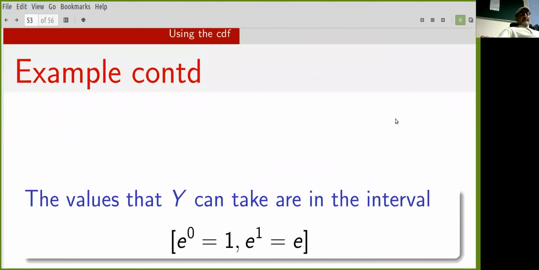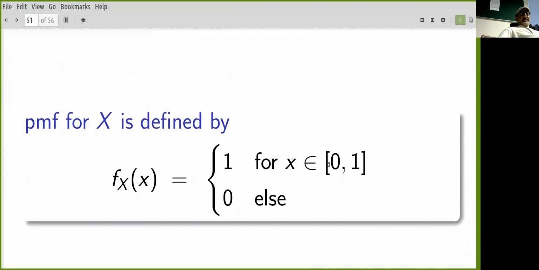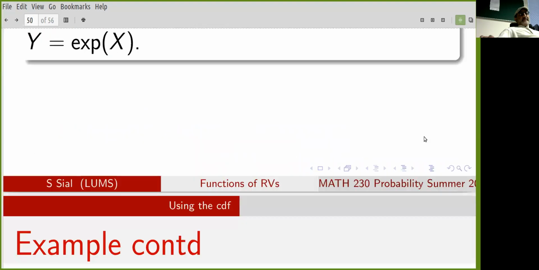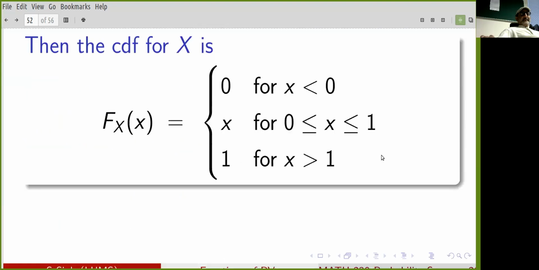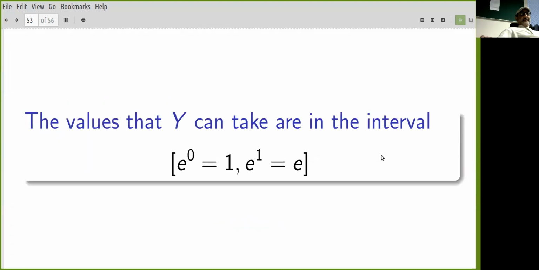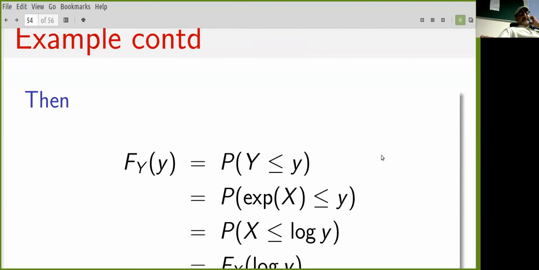Okay. So if x can take values 0 to 1, then what values can the exponential of x take? Well, they can take values from 1 to e, right? So when you specify your CDF and your PDF for y, you have to know what the range of y is. You have to know what values y can take. It takes no other values. So